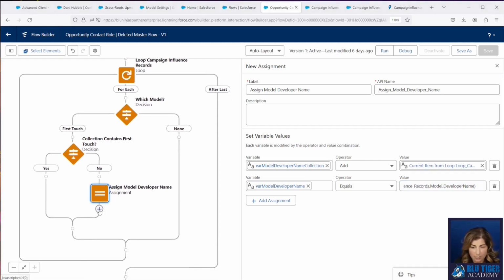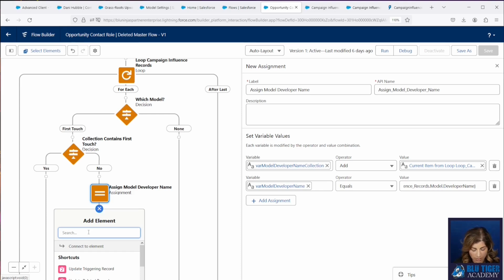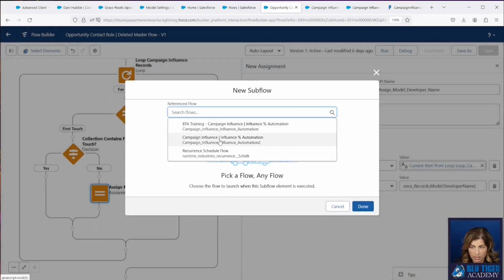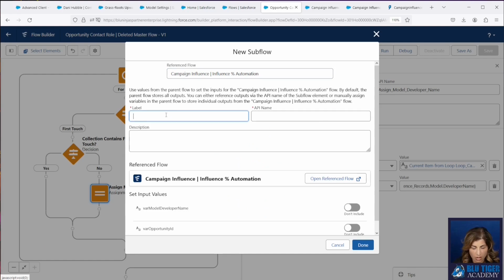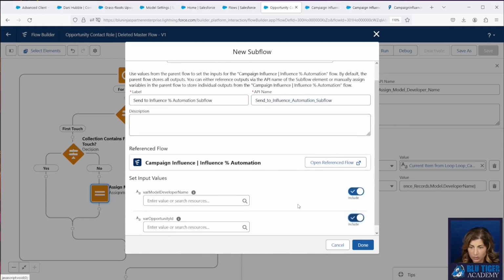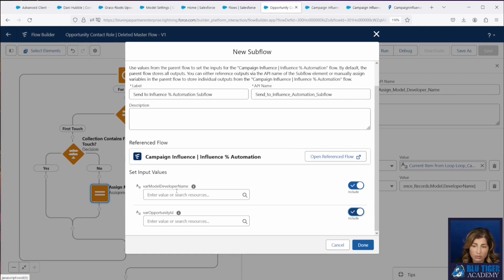Then our next step is to send this to the subflow. So we're going to look for this campaign influence percentage automation. And then we're going to include both of our variables here, our var model developer name and our var opportunity ID.